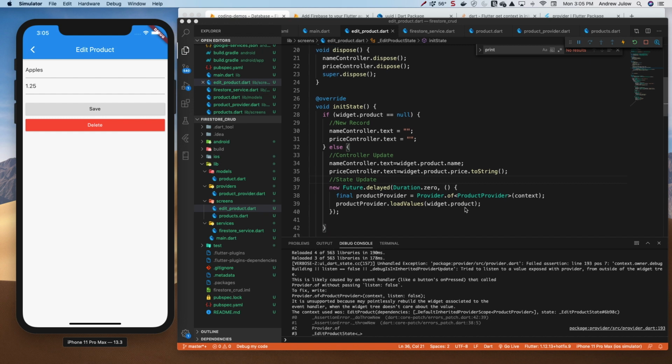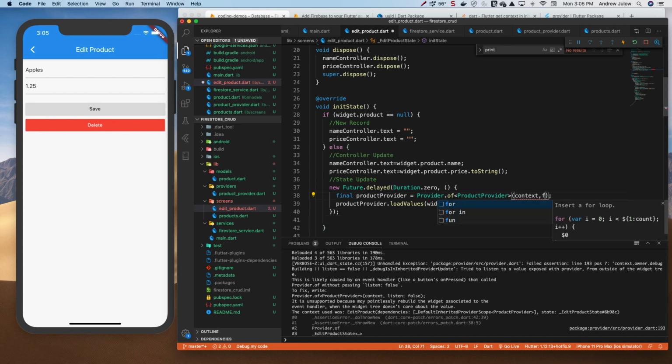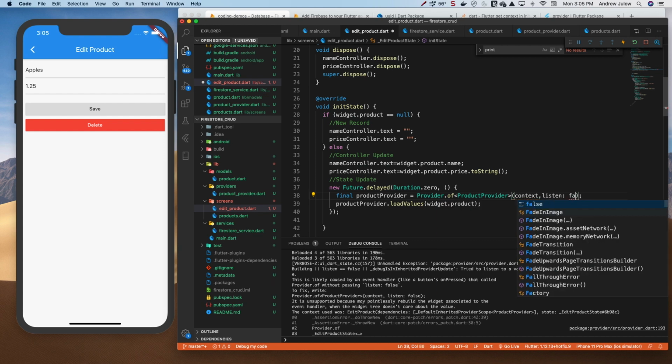Now, Provider and Dart is smart enough to know, hey, this is an init state method. We call it once and then we're done. Why is this person wanting to sit around and listen to this product provider? And we don't. And we have an option here to pass in a second argument when we bring in our provider to say listen equals